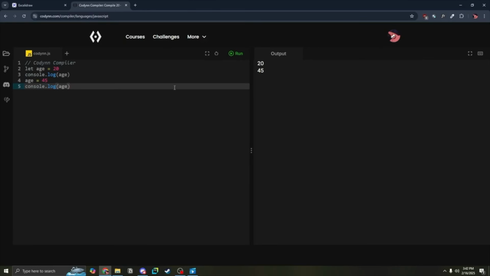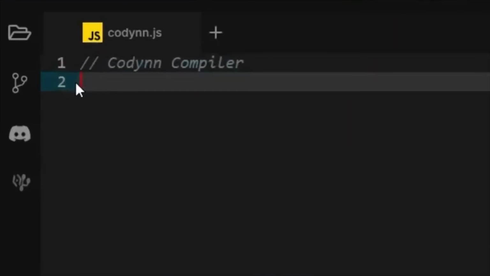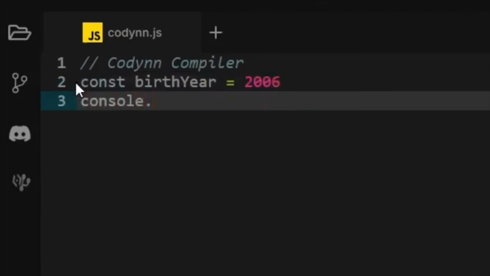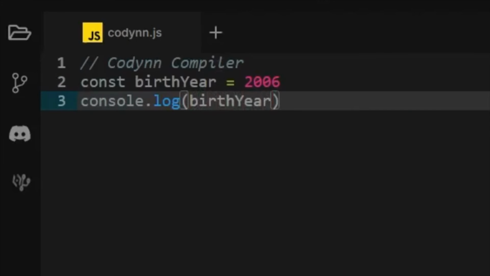The third and final way that you can use to declare a variable is using the keyword const, which seemingly stands for constant, which means that once you declare a variable, you cannot update its value further in the code. And let me demonstrate that through an example. So I'm going to delete this code right here and write const birth year equals 2006. And I'm going to use the same console.log function to show you that the declaration of the variable is working. So it outputs the value of the variable in the usual way,